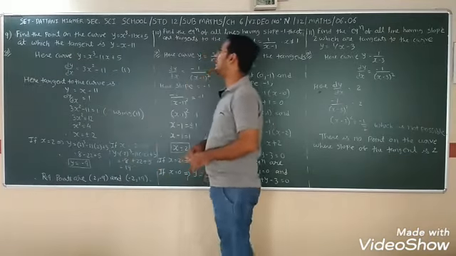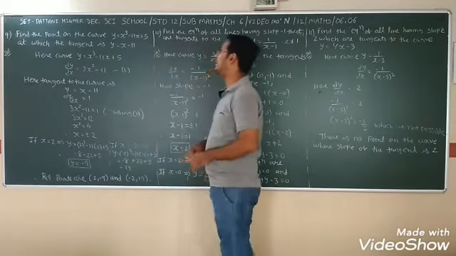Find the equation of all lines that have slope minus 1. It means dy by dx is equal to minus 1. That are tangents to the curve y is equal to 1 upon x minus 1. So taking the derivative of this curve, we get minus 1 upon (x minus 1) all square. dy by dx is equal to what? Minus 1. So put here minus 1. So we get minus 1 upon (x minus 1) all square is equal to minus 1.